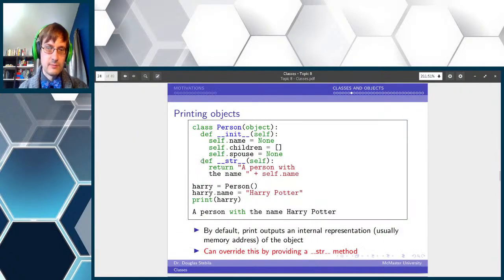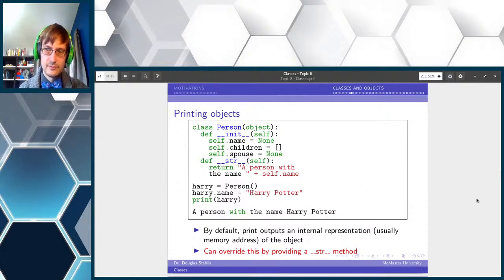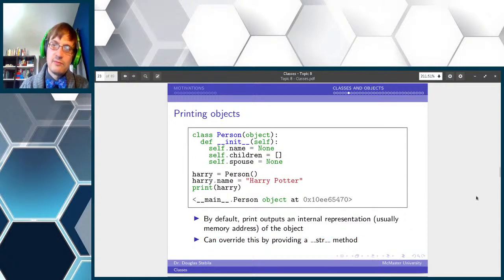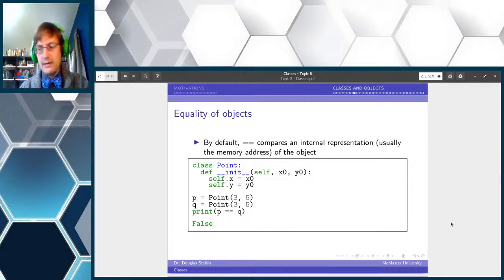So yeah, in this case, they are doing the same thing, but with the person object. A person with the name Harry Potter. So again, the string conversion method is another one of these that's provided by default as you're defining a class. However, by providing a new definition for it, we are overriding the existing definition for it. Yeah, it's pretty useful.